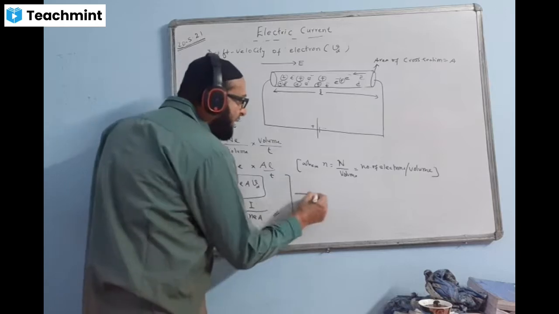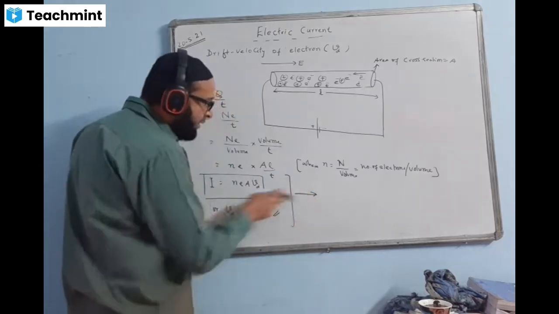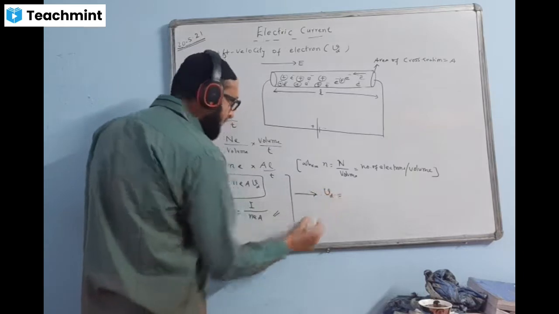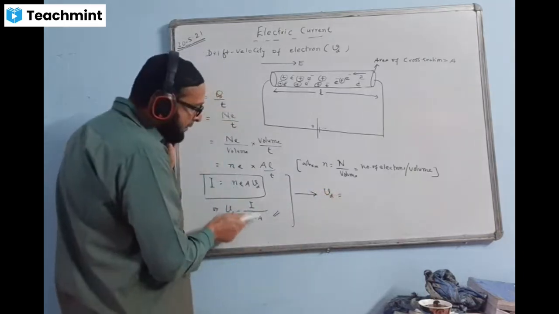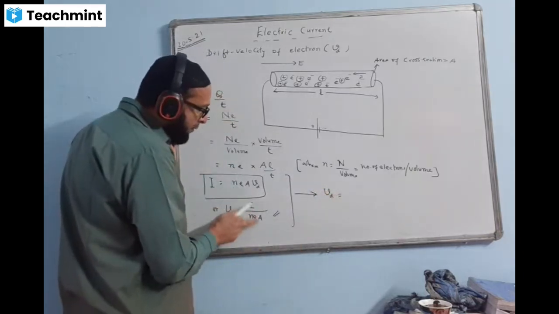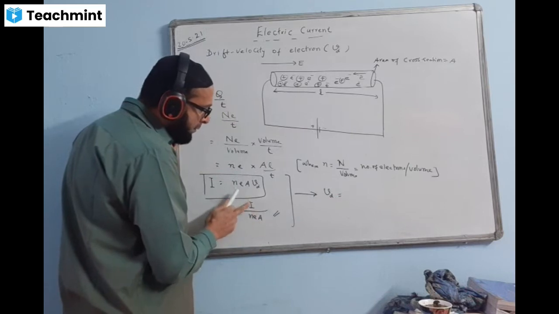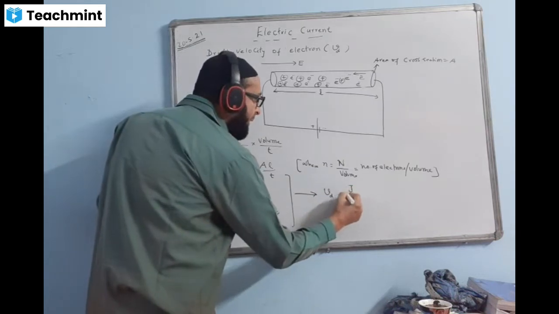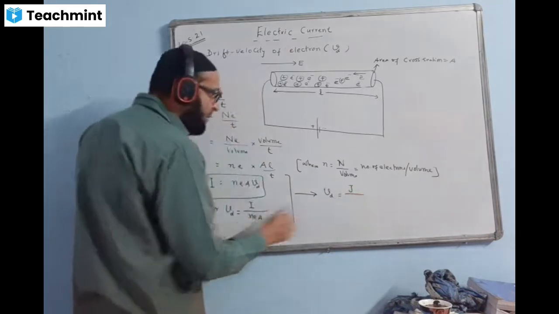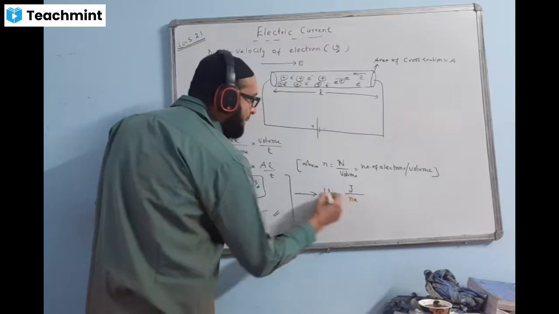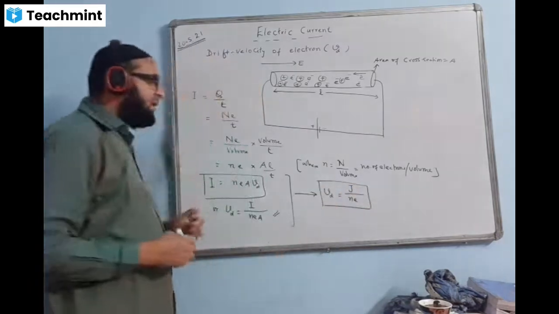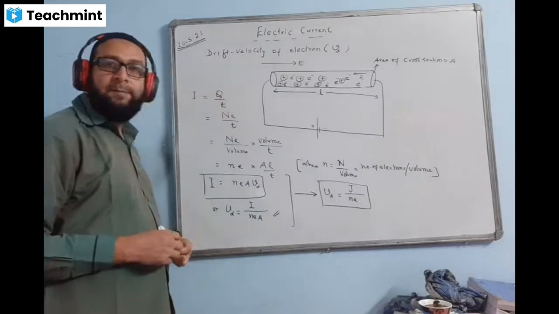Now a little further continuation of the same. This one I continue slightly here. Write Vd as it is. You know, I upon A, I by A, current upon area. What is it called? I by A is called what? J. Current upon area is called J. We can add J by NE. This becomes also the formula: Vd is equal to J upon NE.